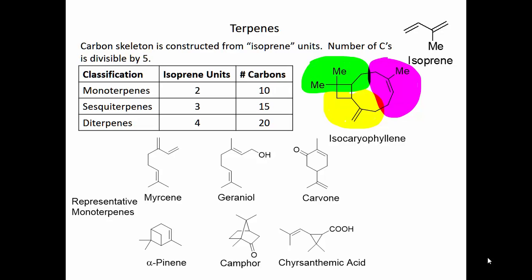Okay, in this video, we're going to look at the other major class of lipids. This is known as the terpenes. Terpenes are molecules that are made up of what we call isoprene units. This is the molecule isoprene here,